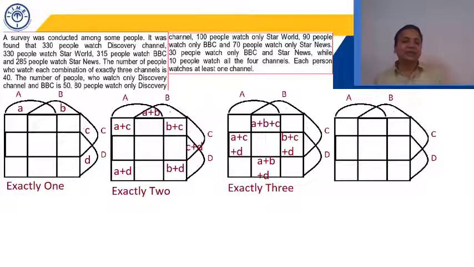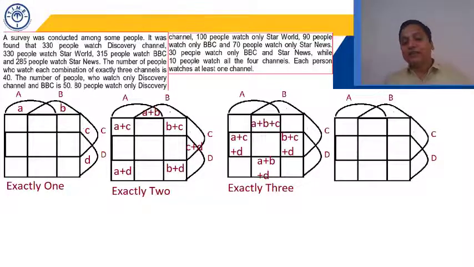Then exactly 3 is the sum of these boxes. A plus B plus C means the region where A plus B plus C is written; they are reading these 3 newspapers and this region is outside newspaper D. So they are not reading D. How many regions should be there for those reading exactly 3? Indirectly we can say, those who are not reading exactly 1. So they are reading exactly 3. So this is represented by 4 boxes.